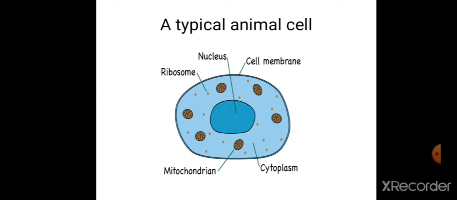This is a very simple structure. Actually, the structure is very complex and it has got variety of different organelles. All these things, nucleus, ribosomes, mitochondria, cytoplasm, these are all called as organelles. So basically a cell has got many different organelles, but you need to only know the organelles which are shown on the screen. That is cell membrane, nucleus, ribosome, mitochondria, it is sometimes also called as mitochondrion, and cytoplasm. So you just need to remember the structure for now.